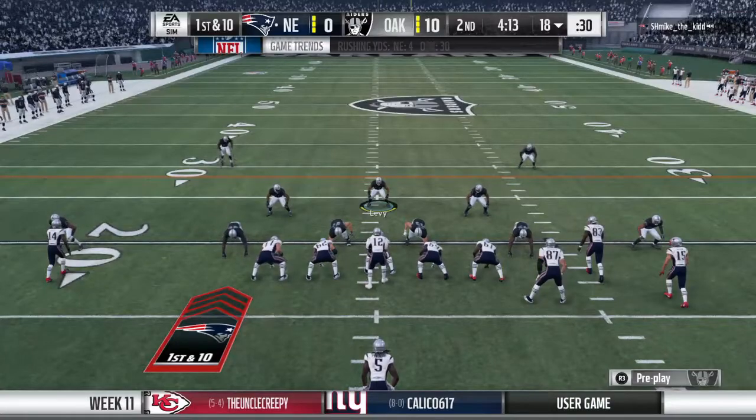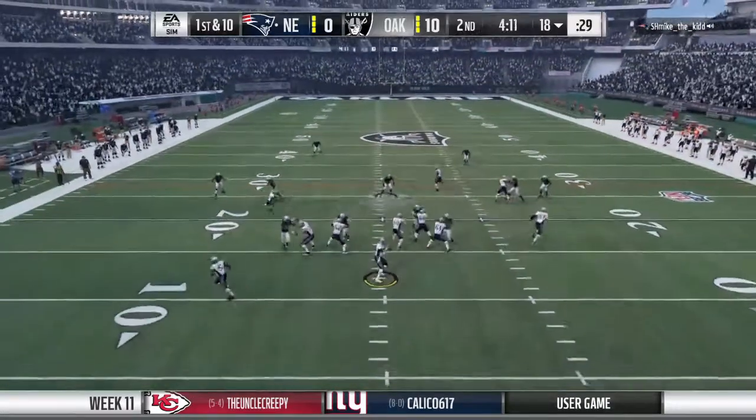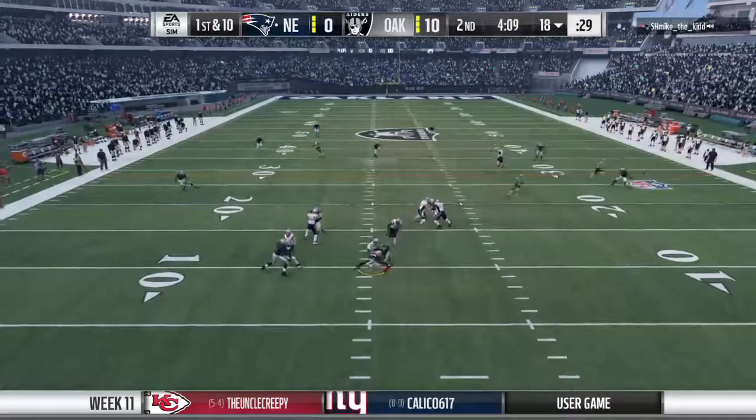And I'm going to take it into the basketball world. When you're having trouble scoring or moving the ball in basketball, what do